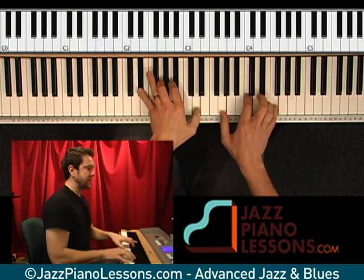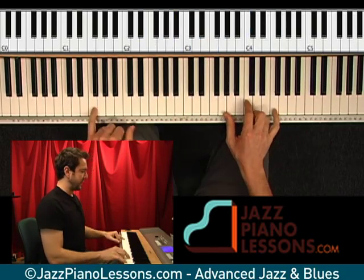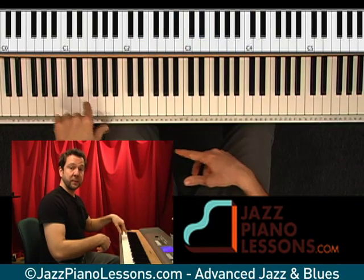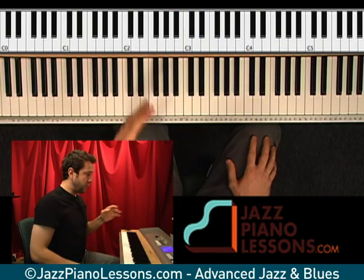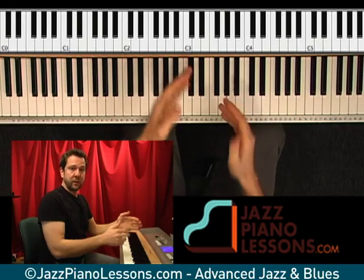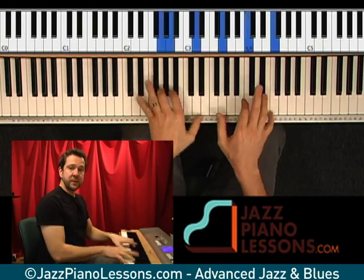Let me go through and show you some of the stuff that I'm doing here. I'm going to hit the root, and I'm going to hit the chord, so you can hear the whole full chord with the bass note. Now, what you're going to notice is that what's written here is very basic, just whole notes and half notes. What you should be doing is,